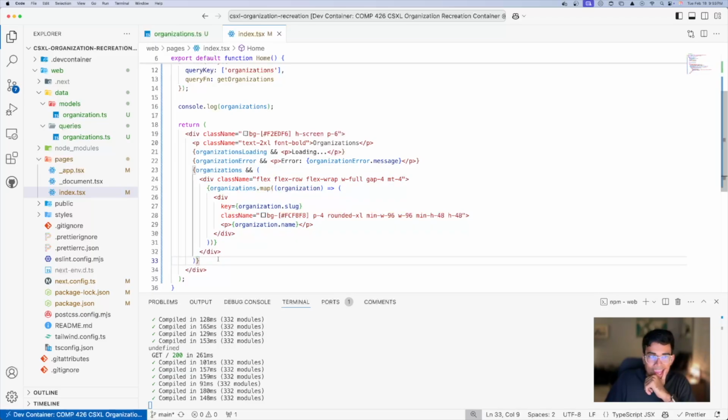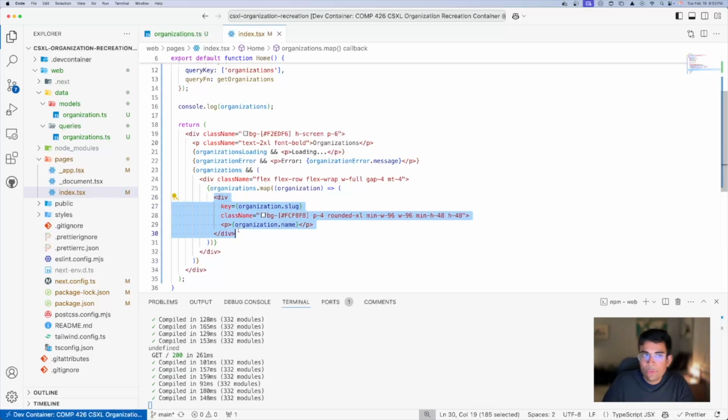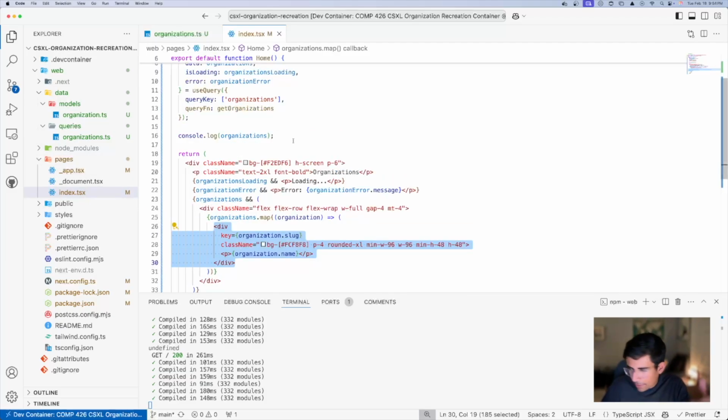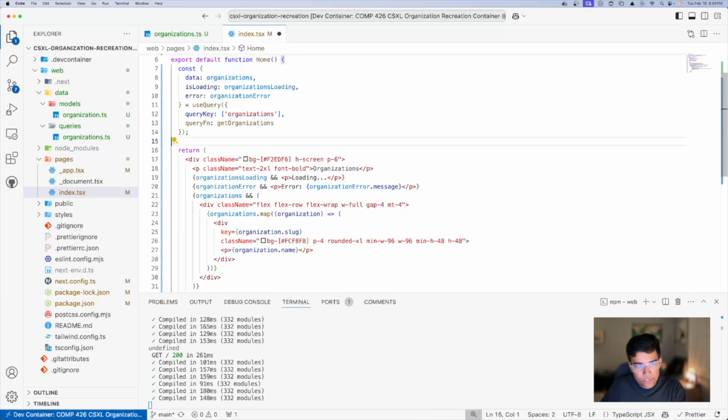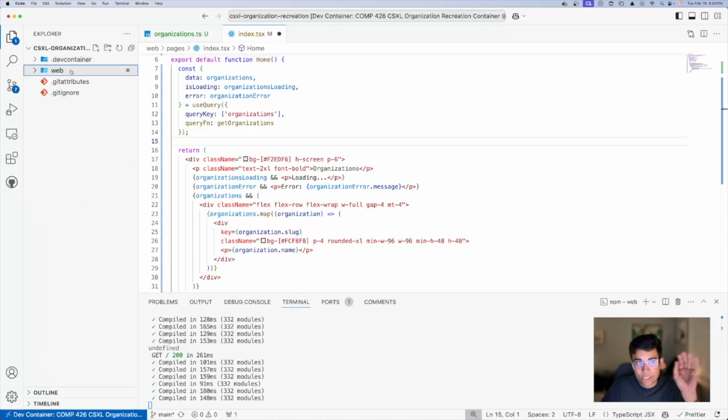So we can utilize the main feature of React, which is composable views, to make this better. And we can actually take this and move it out into its own separate component so it's easy to work with. Remember what I said in the last lecture, though, that we don't want individual components in the same pages file. It's not that good there. So let's make, and this is actually good practice,